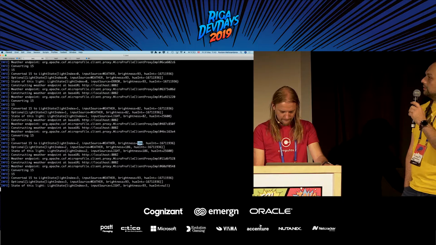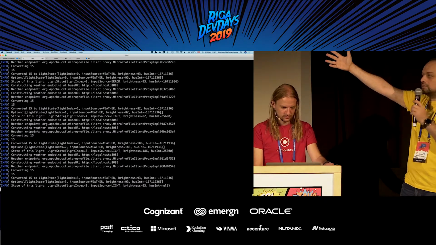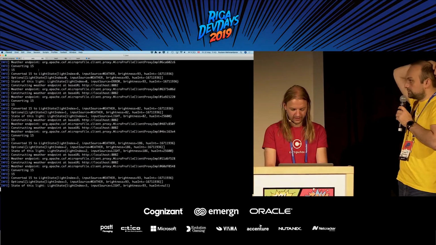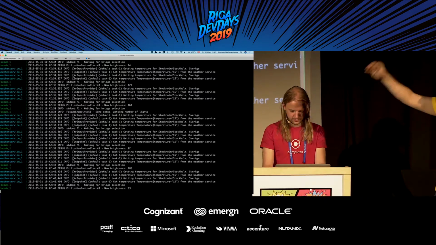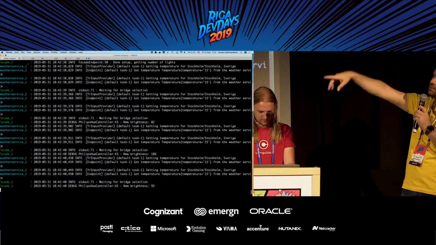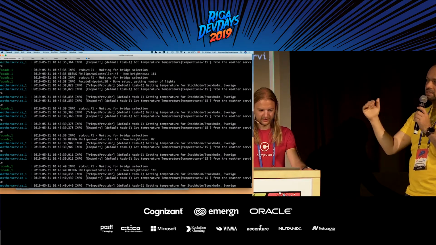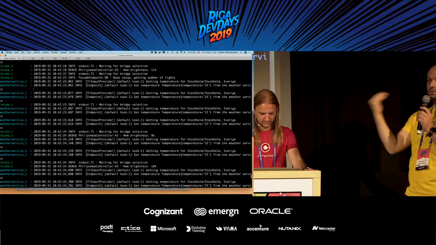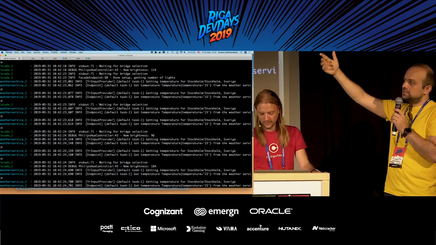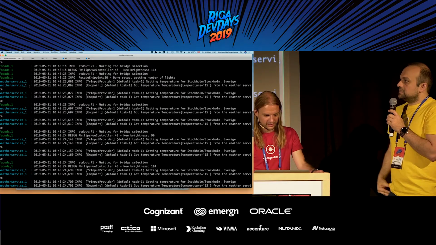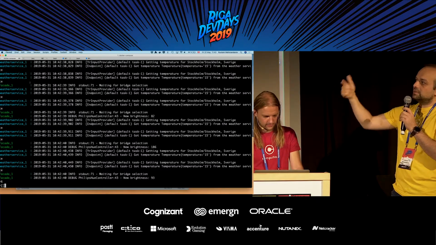Yeah. So all of those services are running in a Docker container. So maybe we should show those as well. Yeah, here it is. So these are the 3 Docker containers that we have. And on the left side you can see which container it is. So the facade is the one that receives all the requests, the gateway. And then you have the one that talks to the lights. And then you have the weather service and time service and so on.